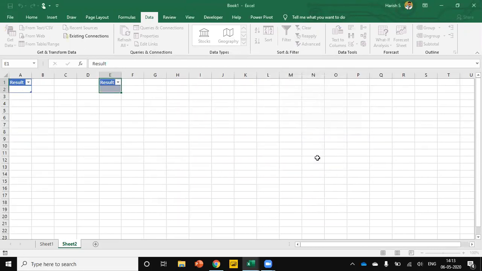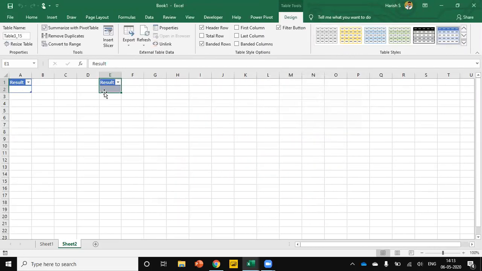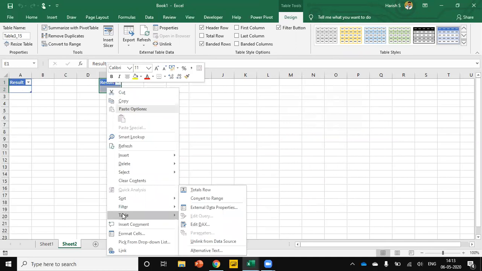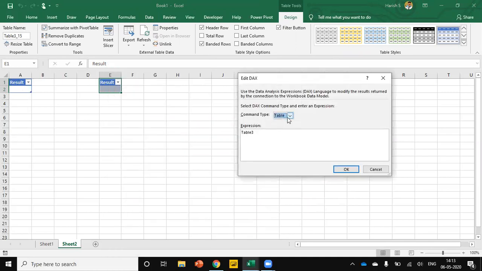Click OK. So now the table is ready. Just right click this table, go to the Table option, and use Edit DAX. Here you need to select the DAX option and then remove Table 3. Now under the expression we have to add some formula.